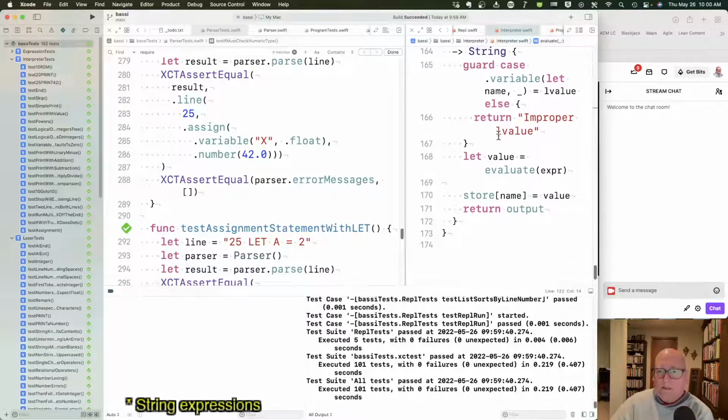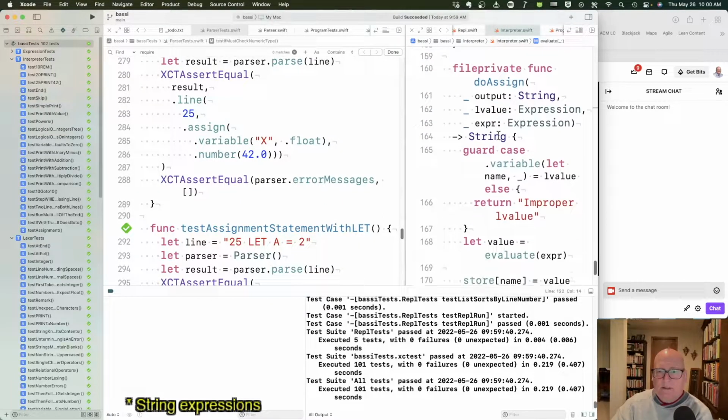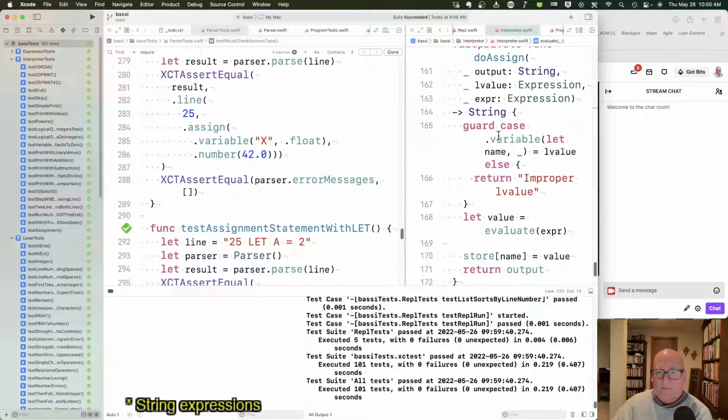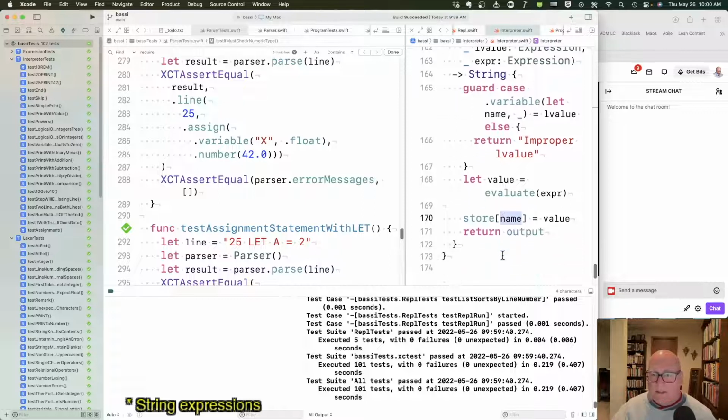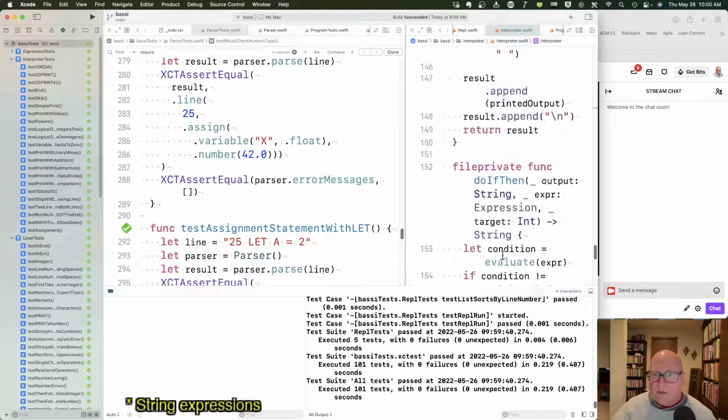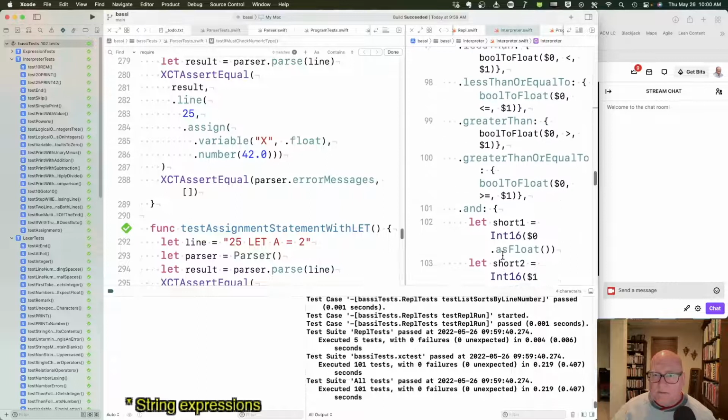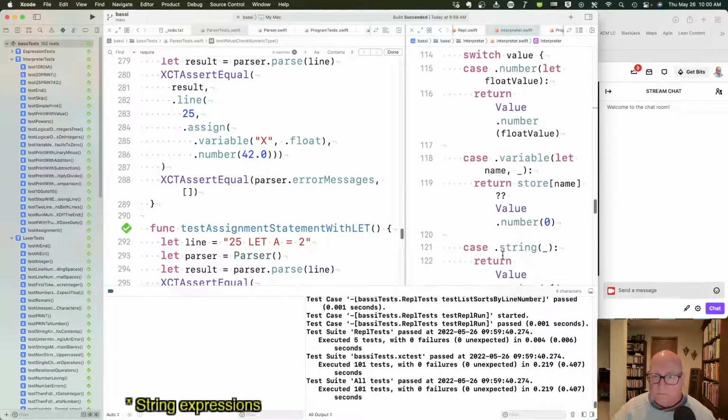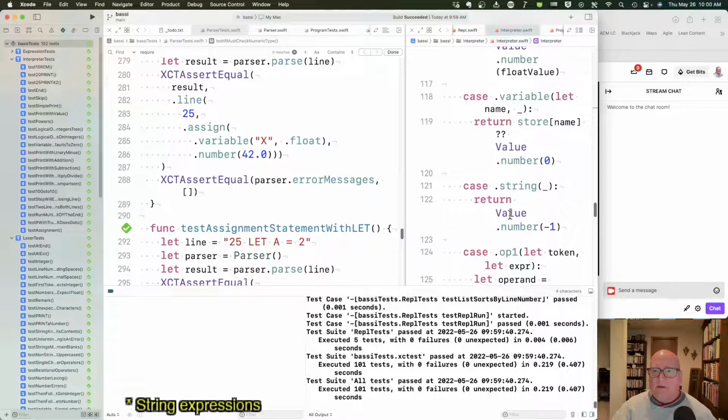Now the one place I'm not happy, well, we got the name. See, we're throwing away the type, which maybe is okay because we know it matches. But what about in here? Okay, value number float value, that's fine. If there's nothing in the store,